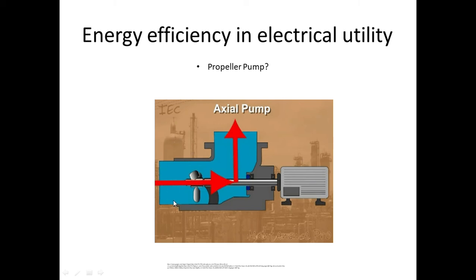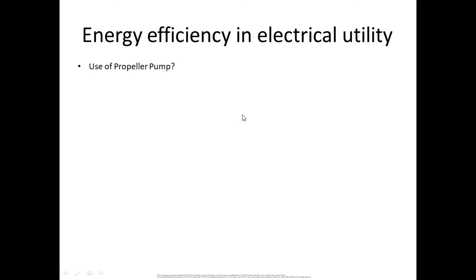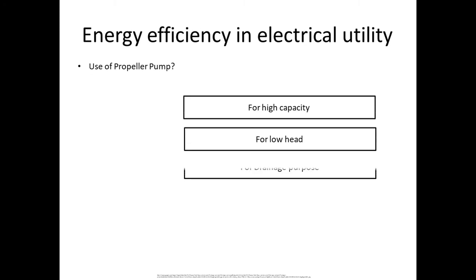Because of this suction, the fluid that is available is drawn in, and it is delivered where it is needed. This type of pump is basically utilized for drainage purposes. The drainage occurs during a flood, when more water is accumulated, so it is utilized. This type of pump is used for draining that high quantity of water. That is why it is utilized for higher capacity.